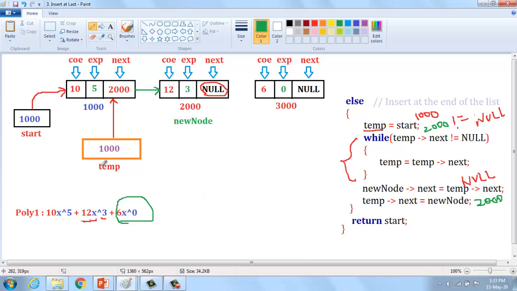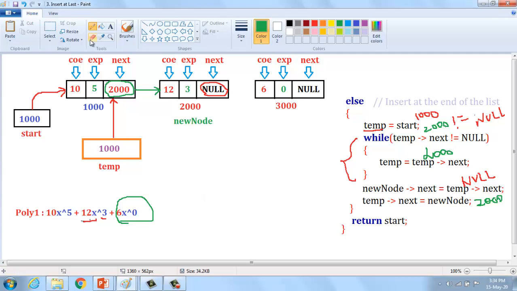Then temp equal to temp of next. What is temp? Here temp of next is 2000, not equal to null. The condition is true, so it enters the while loop. Temp equal to temp of next. What is temp of next? Temp of next is 2000. So automatically temp equals 2000.